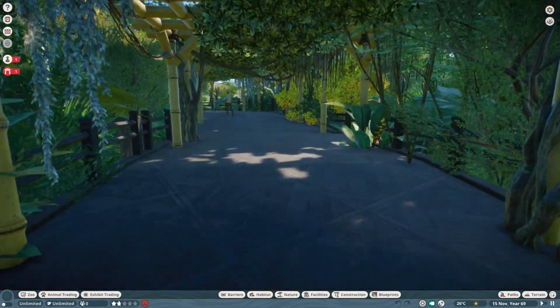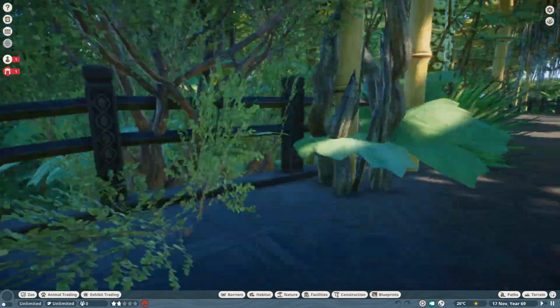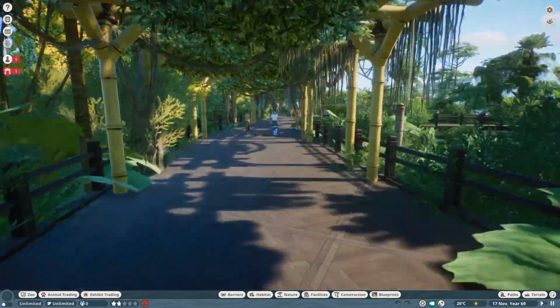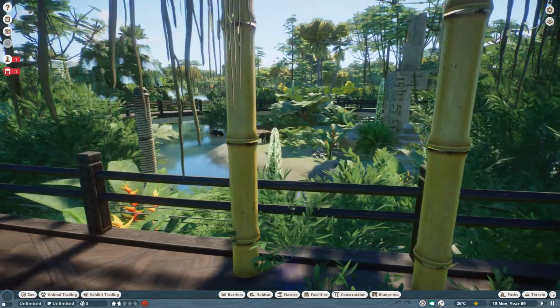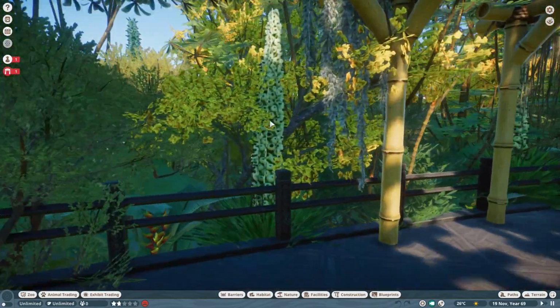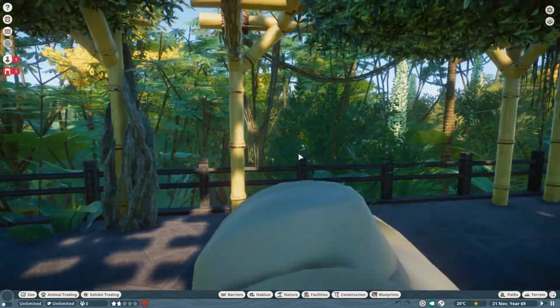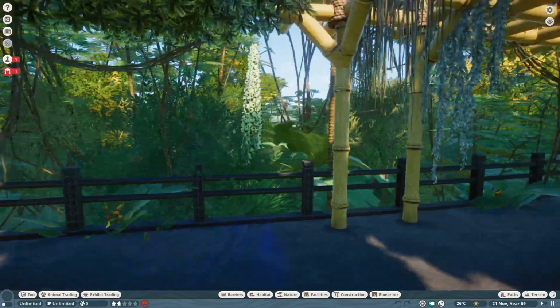So this is what it feels like now as you walk along this pathway. You can see off to the left there, you cannot see a thing. You look to the right and you're going to see your animals. Look to the left and you are just surrounded by jungle, and look at it, it's absolutely glorious, isn't it? Just thick, dense leaves, you get the odd flower,